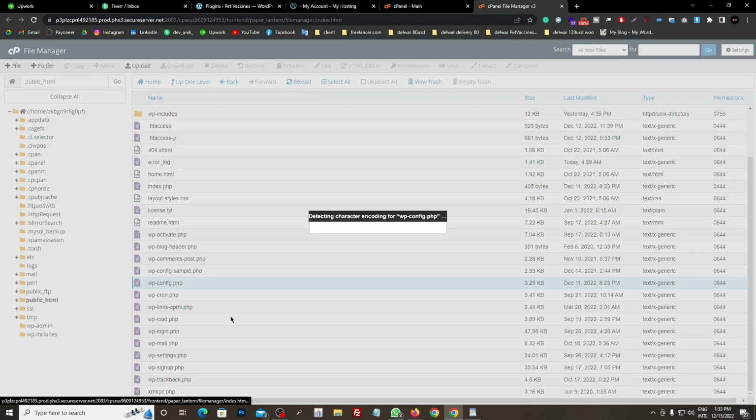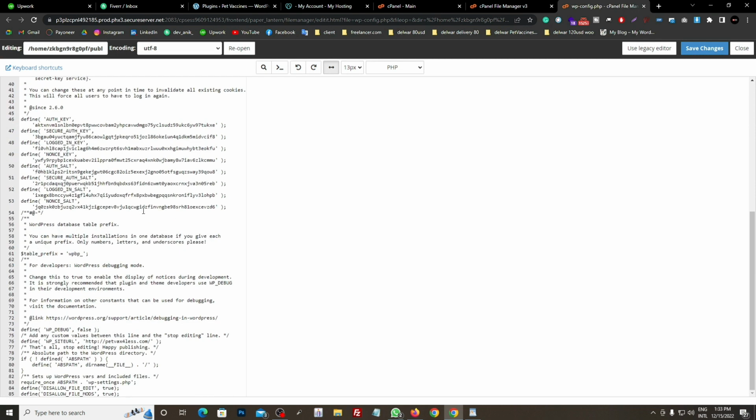So you have to edit your wp-config.php file. Then you have to put in a little line of code, and then you will fix the problem. It's really a simple thing. So have a look at the following lines,